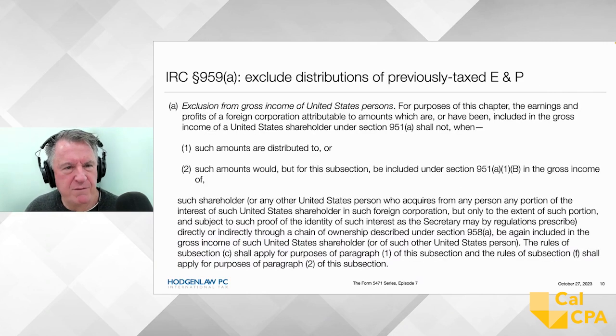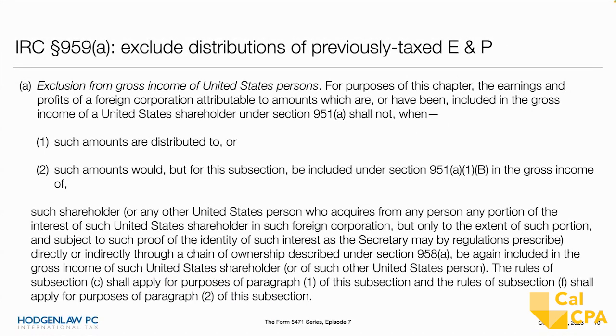So here's section 959, and a slight excursion here. Look at this. Doesn't it make your eyes bleed? I mean, I'm a tax lawyer. I went to law school. I do this for a living and I read all this stuff. And it's hard. How do you even pick out what this means and what am I supposed to do with it? I'm just showing you in the next couple of minutes my methodology for taking a big block of prose like this from the Internal Revenue Code or from the regs